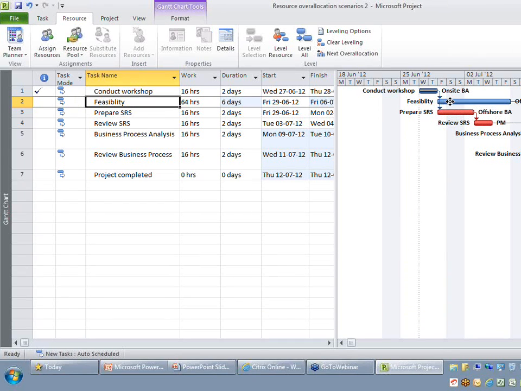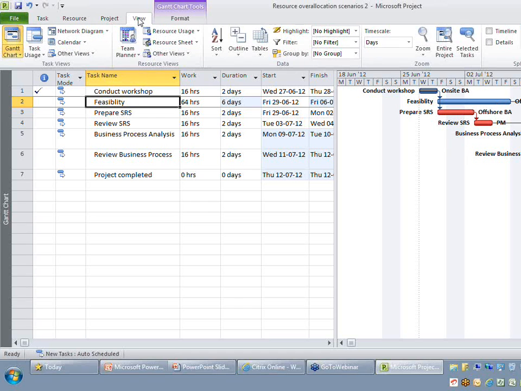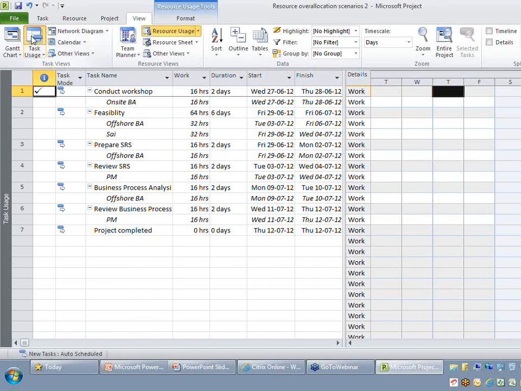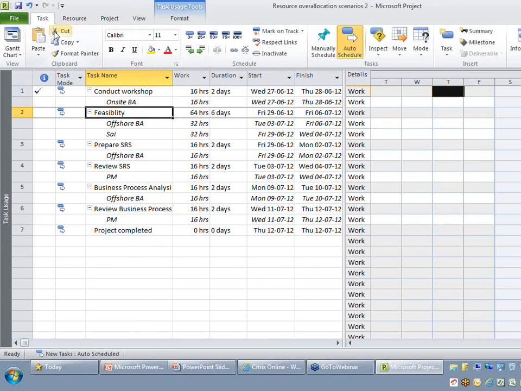Now you are able to see the task is getting stretched, which means the task start date is not getting pushed to a later date. To understand it better, I'm just going to change my view to resource usage, or maybe I'll change it to task usage so that you can understand it much better. You can see on my task usage the feasibility